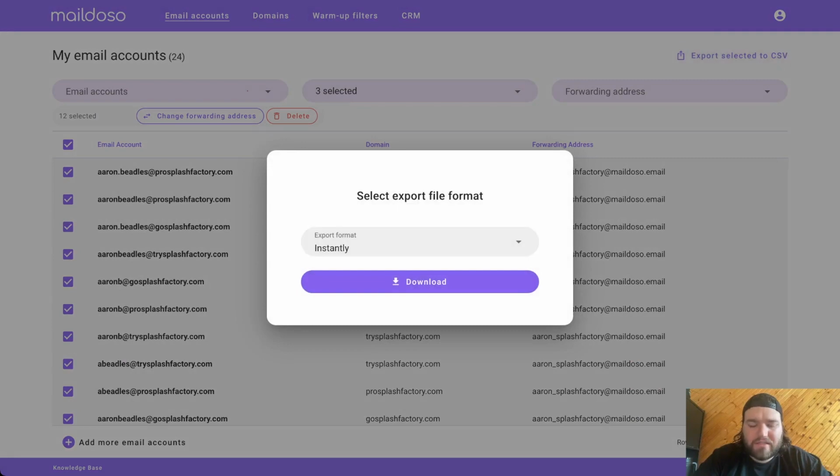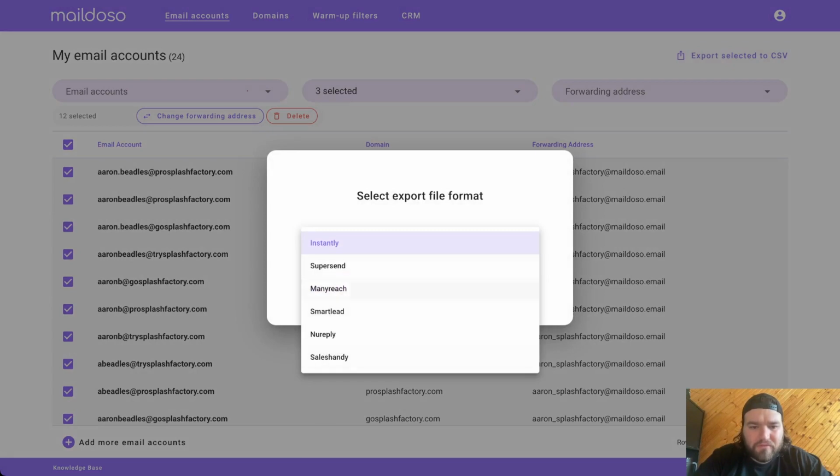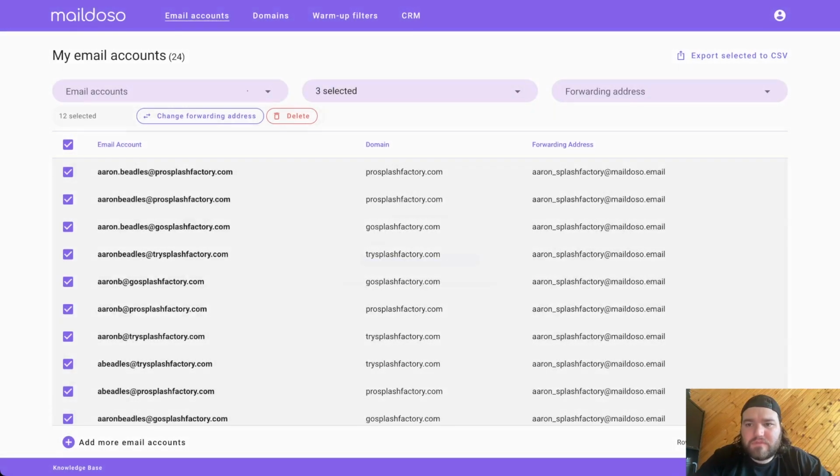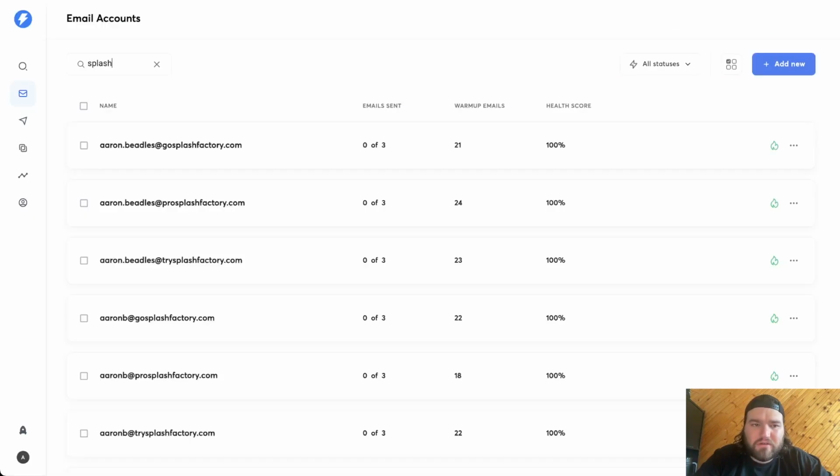And then I use Instantly, so I would click download. But you can also go to these other platforms too. I use Instantly because they're a really good deal. But these are some other ones that you can use. You click download. And so now it just downloaded those accounts into my computer. And so now if I go to Instantly,